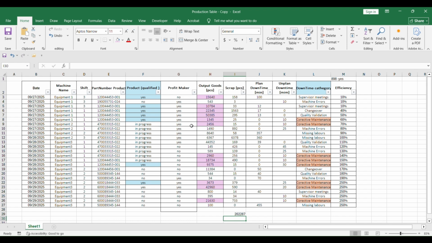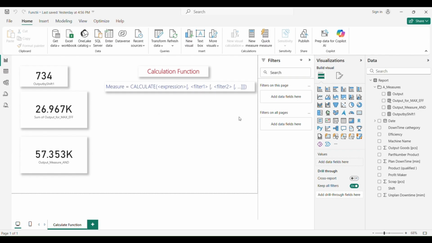If, for example, this filter had been untrue, the output of our calculation would have been applied only for the yes filter. So let's make an example.